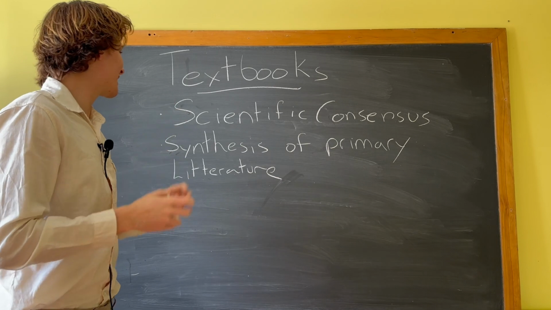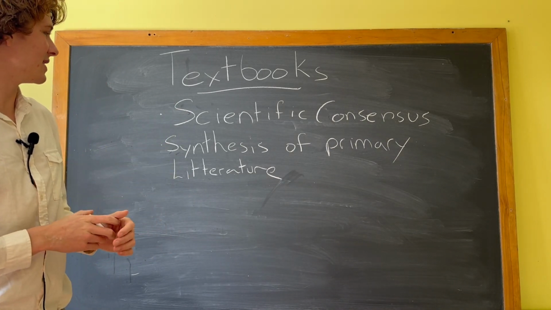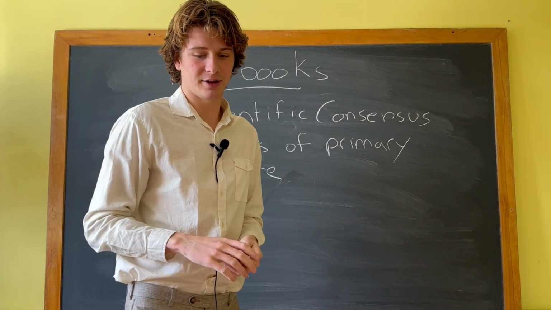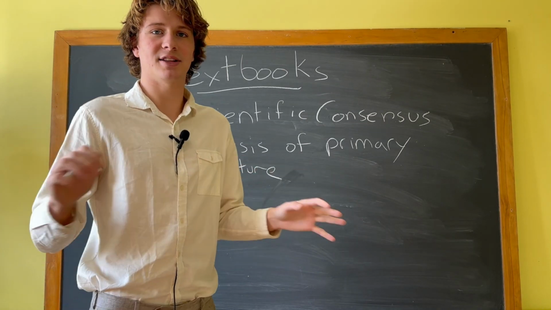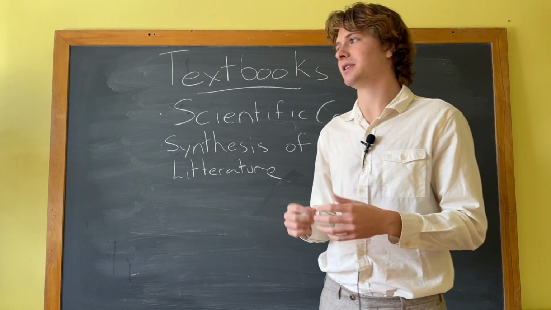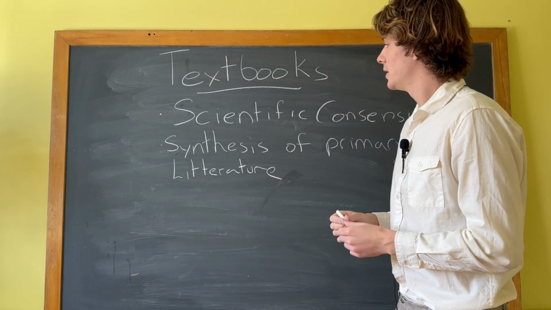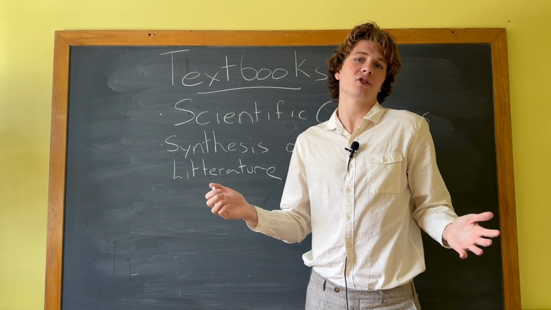But this is what a textbook is, right? A textbook is a great way to understand the scientific consensus. It's a great way to understand the general idea in the literature, right? So it all needs to fit in this scientific consensus. There obviously is a little bit of bias and speculation in the text beyond what is in the literature, right? People are inferring in textbooks, right? That's why it's a secondary source.